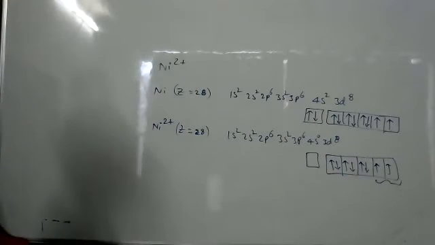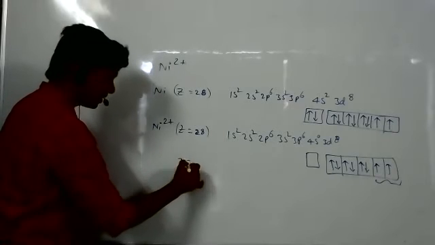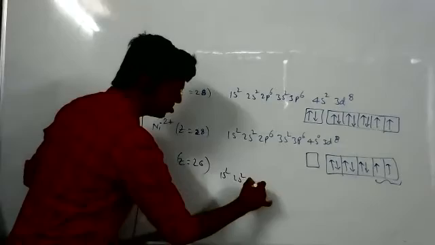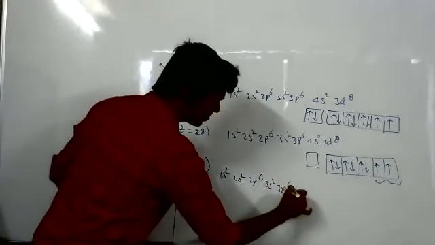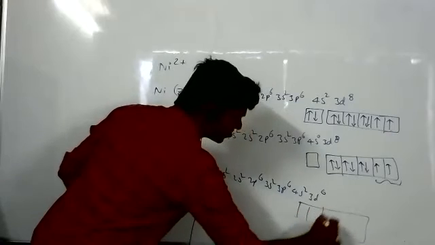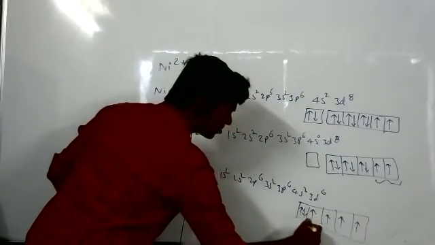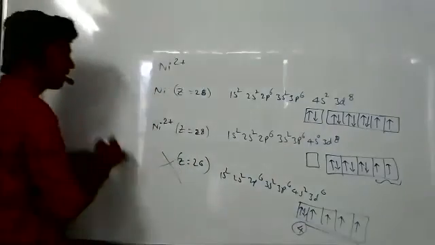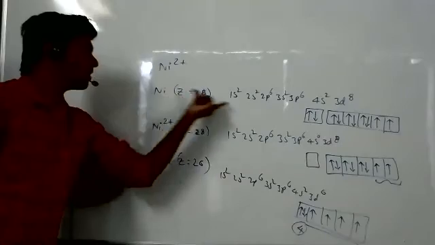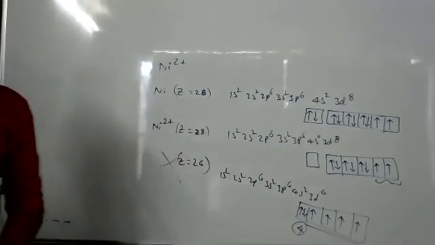Mostly the mistake students make here is they lose 2 electrons from the 26 electronic configuration, writing for 26: 1s2, 2s2, 2p6, 3s2, 3p6, 4s2, 3d6. So coming to 4 unpaired electrons is a wrong method. First you have to write the full electronic configuration of nickel, then remove electrons from 4s, and further fill the electrons in orbitals.